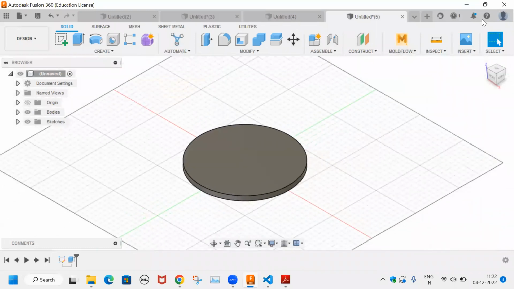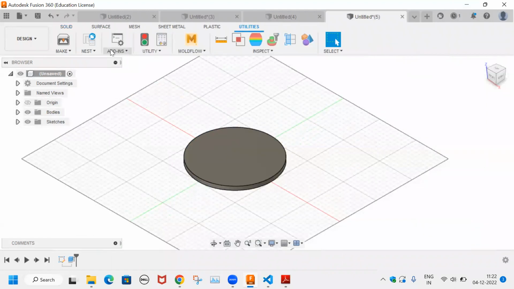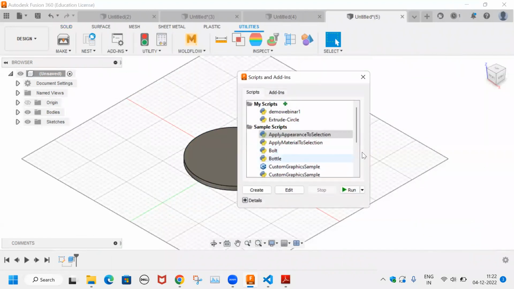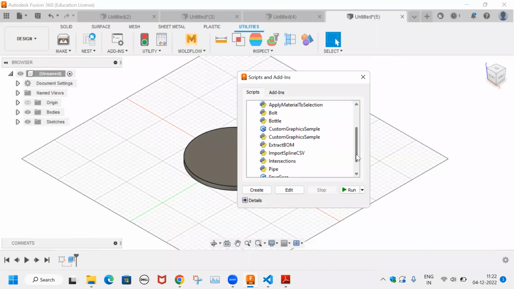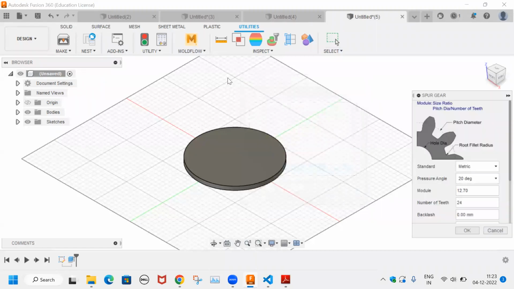So there are various inbuilt Python functions. You can again go to Utilities and Add-ins. So Fusion 360 gives you some predefined Python codes, for example, spur gear, pipe, intersections. So if you click on Run, you